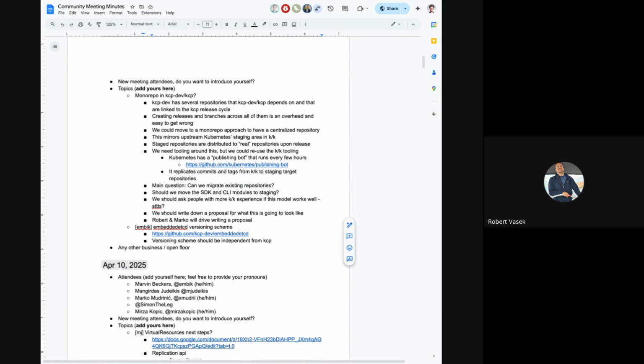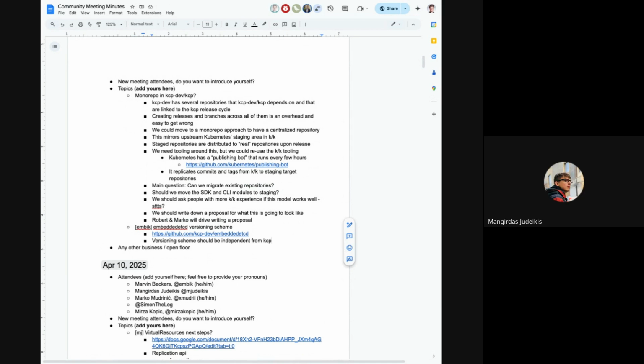All right. But then this has the consequence of what we've talked about, because embedded etcd is a dependency that's then linked to our Kubernetes fork, which then brings up a bunch of other dependencies up in the repository.